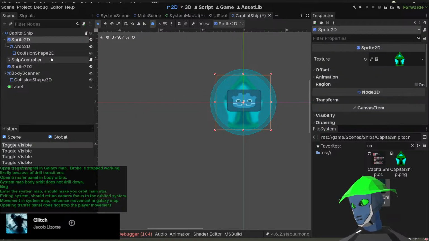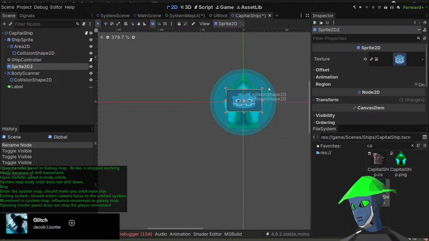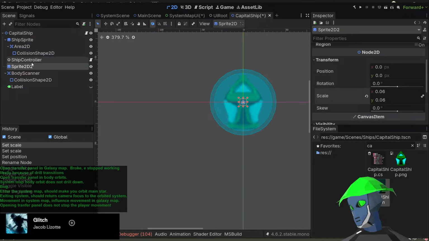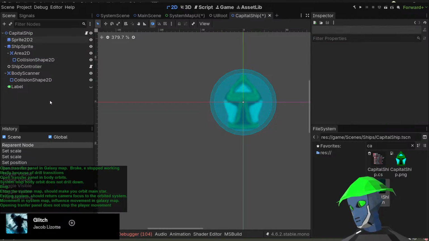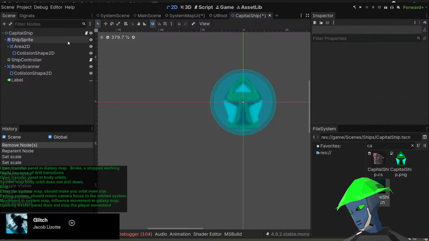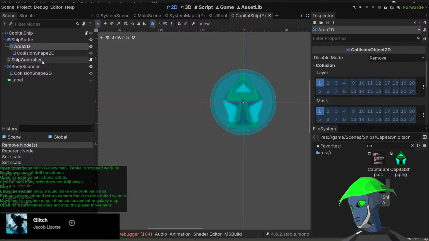Sprite to the some random collision layer, so body scanner,